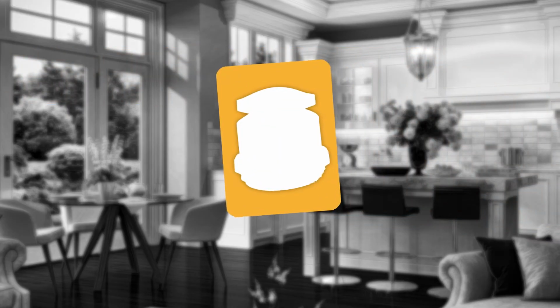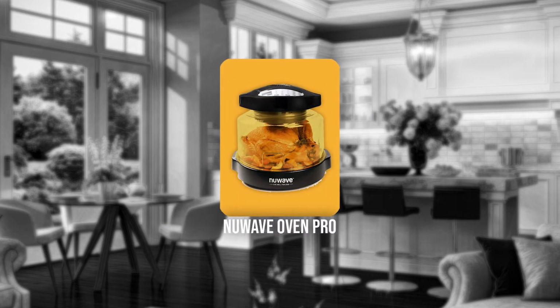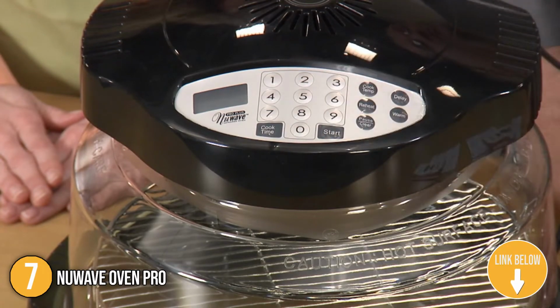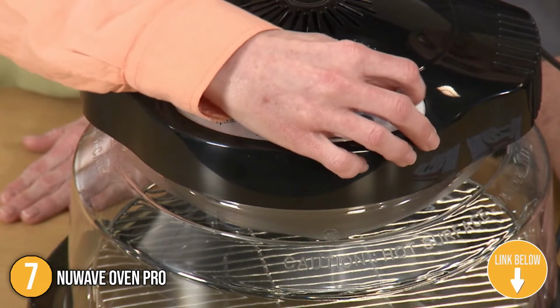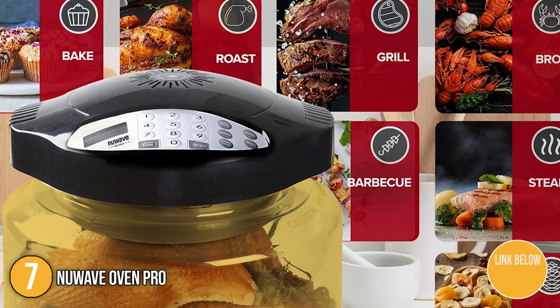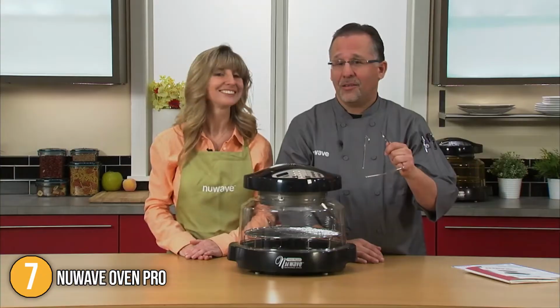The 7th halogen oven cooker on our list is the NuWave Oven Pro. The NuWave Oven Pro is a multi-purpose kitchen countertop appliance that provides cooking options that are similar to a microwave or traditional stove. If you're tired of scrubbing the standard oven whenever a mess occurs, then you'll definitely love the